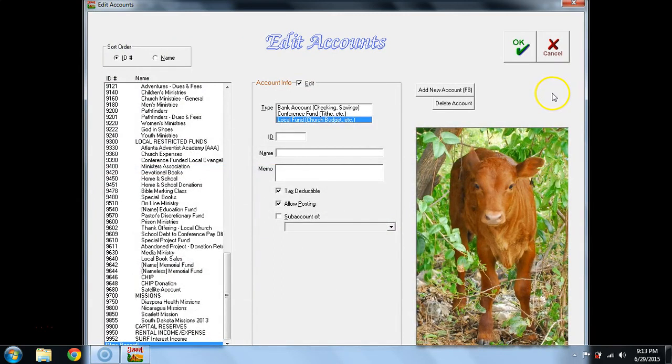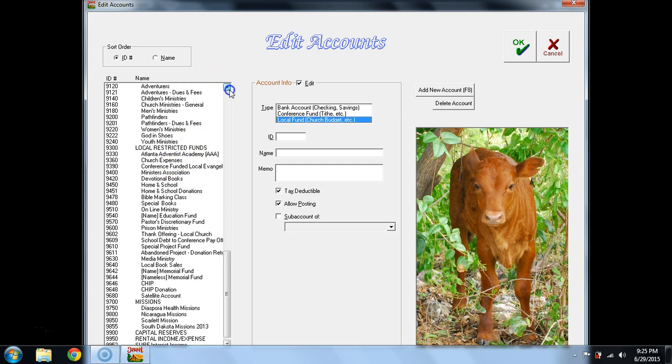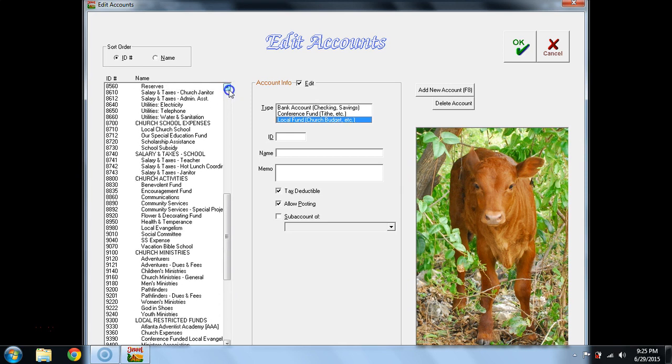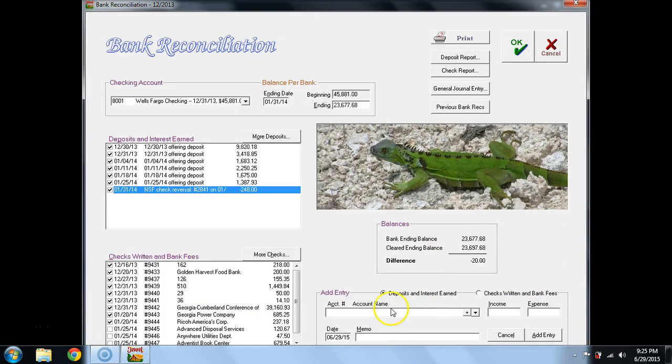And interest that may be earned. There we go. Finally got it. And now we go to Edit Accounts, where I can select the account that I want to post the bank charges to. If this were my church, I would know exactly where I wanted to post it, but this is not a church that I normally work with. I do know that I want to put it to office expense,